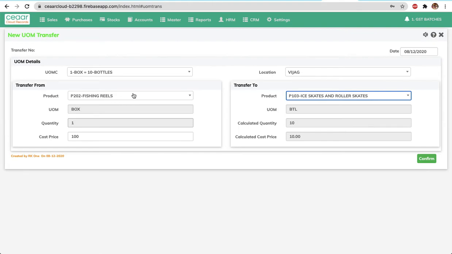Normally it will be the same fishing reel. This is in a box. These are all loose. So if we want a unit of measure, we have to have the same product created twice. One with bulk UOM and another with a loose UOM.